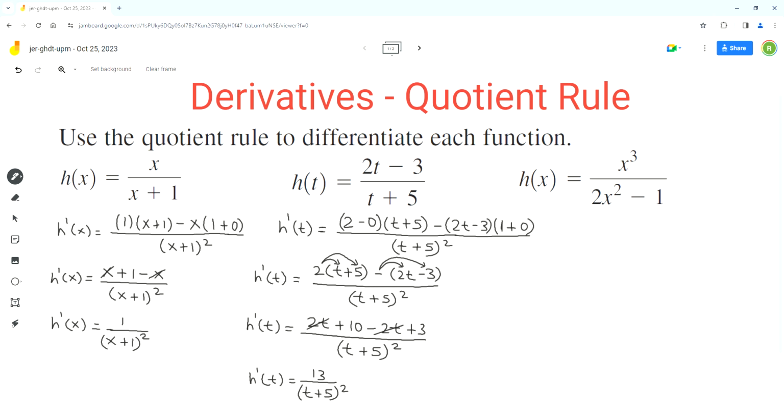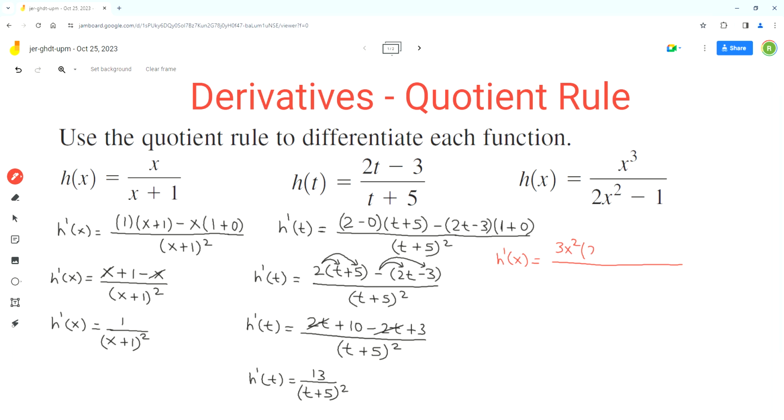Now we can find the derivative of the third function, h(x) equals x cubed over 2x squared minus 1. Now this is also a rational function, so we can use the quotient rule. So the first step is, I can use a different color. We'll start with the derivative of the numerator. So h prime of x